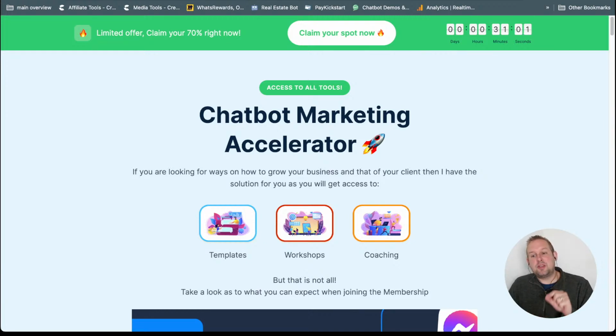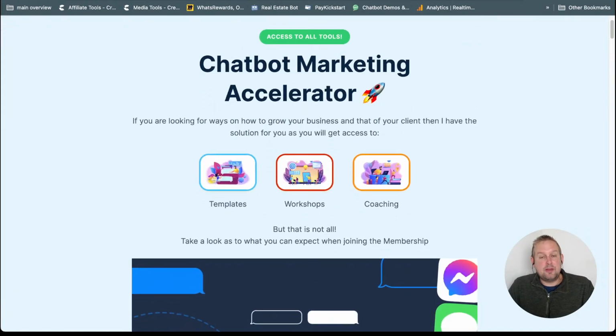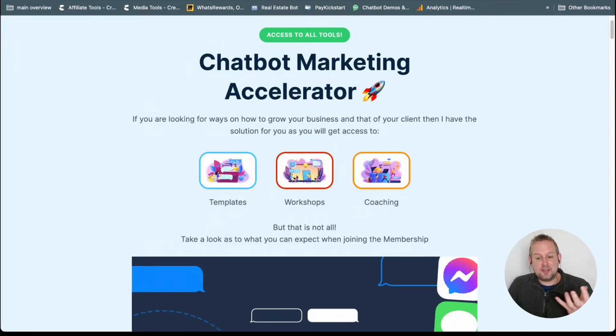So this timer is specific to the individual visitor that lands on my landing page, and it will only display for about an hour, and then the timer will reach 0. So this is providing a little bit of scarcity to claim the offer, right? If we scroll down, you will have a headline, right? A Chatbot Marketing Accelerator. If you're looking for ways to grow your business and that of your clients,